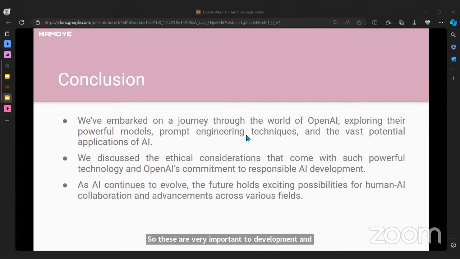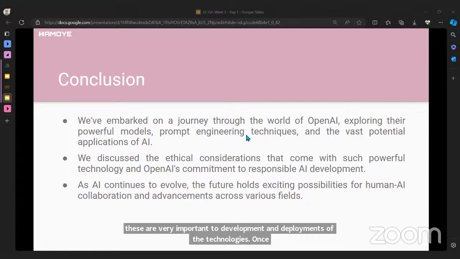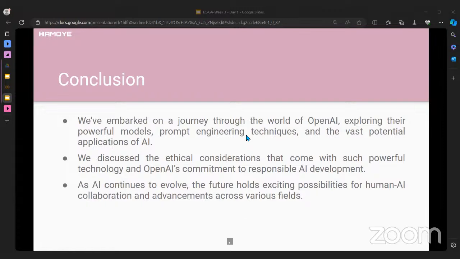OpenAI's commitment to responsible AI development highlights the importance of addressing issues such as bias, fairness, and transparency. These considerations ensure that AI technologies are developed in a way that benefits all of society without causing unintended harm. Then we also talked about the future of AI, where we said that the future of AI holds incredible